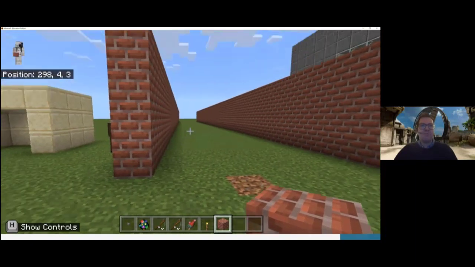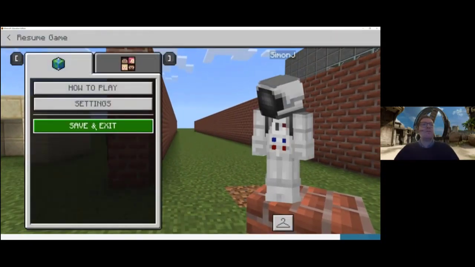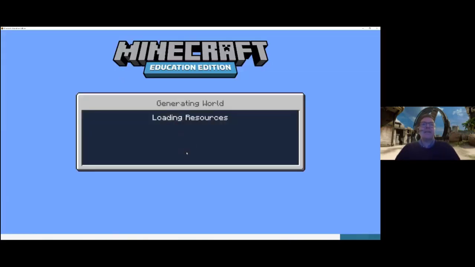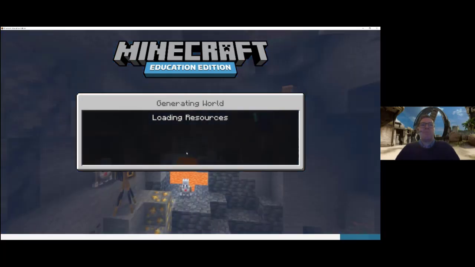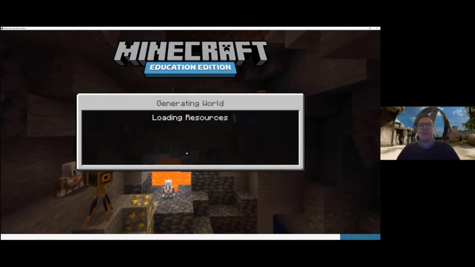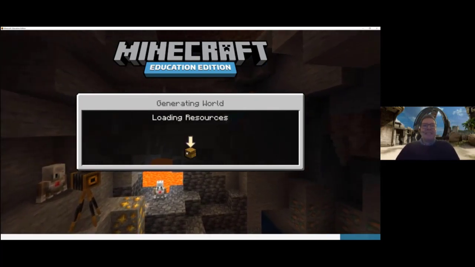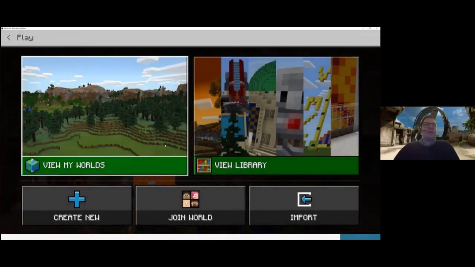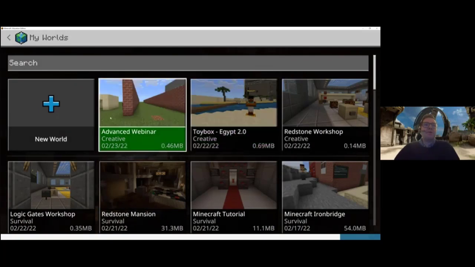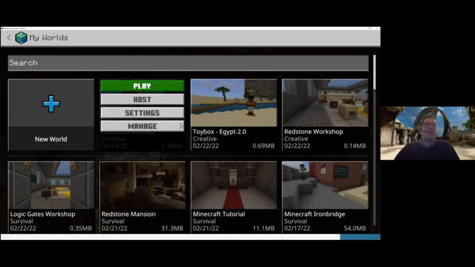But if I press escape and go save my world, like so, you can duplicate and make a backup copy of your world, and this is really, really useful, especially if you're starting to use advanced commands like fill. There are several ways you can do it. The easiest way is click on View Worlds, find your world, and if you hover over that world and click on it, like so, you can either go to settings from here, or you can open the world. I'm going to click on settings, like so,